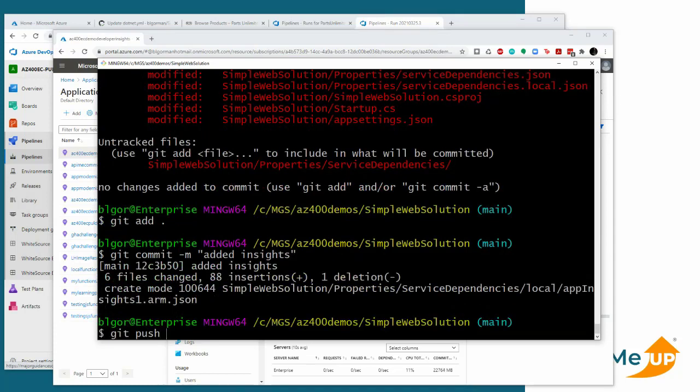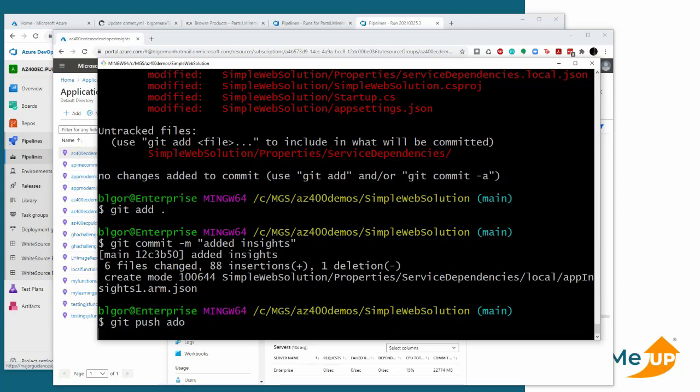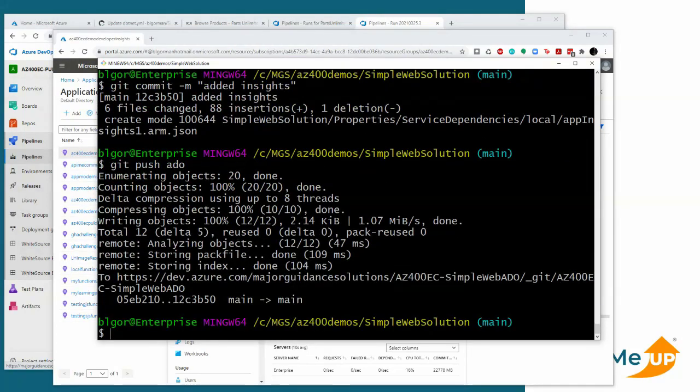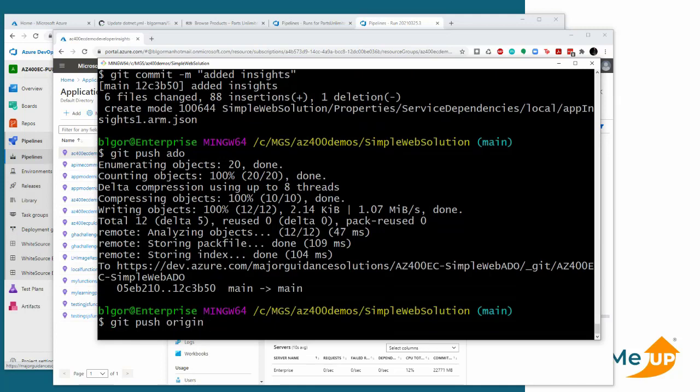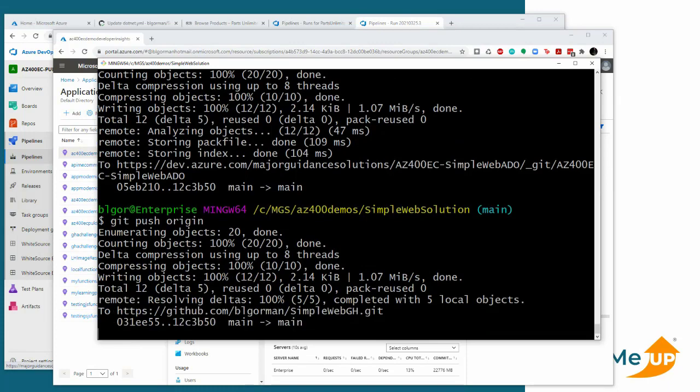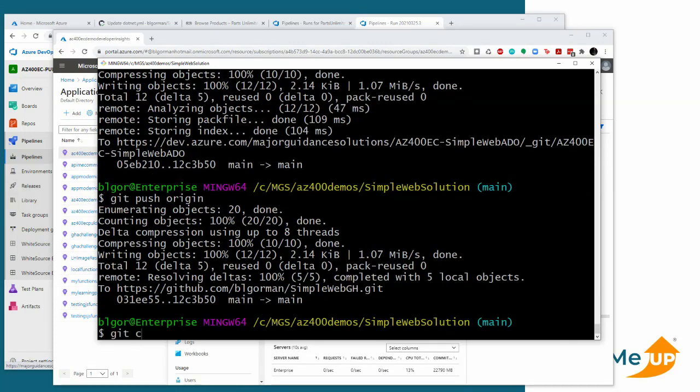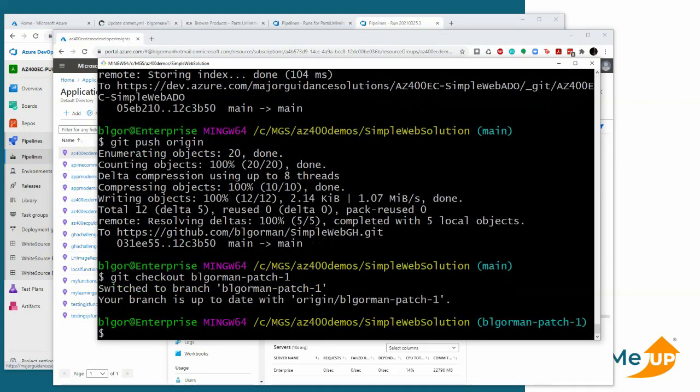Then we'll go ahead and git push ADO. I think I can just do that. And then let's go ahead and git push origin. This might not be happy with me. Okay, that actually worked. But then let's go back to BL Gorman patch 1, and then let's go ahead and